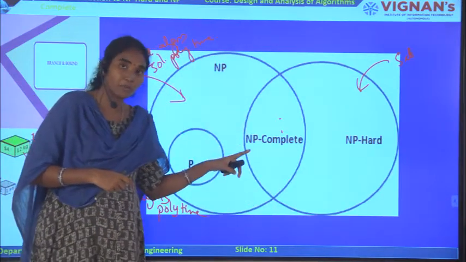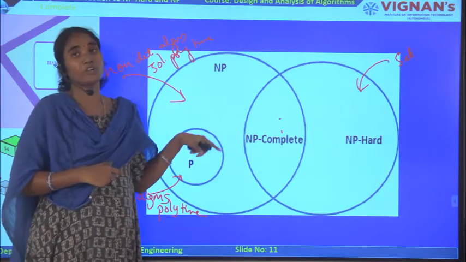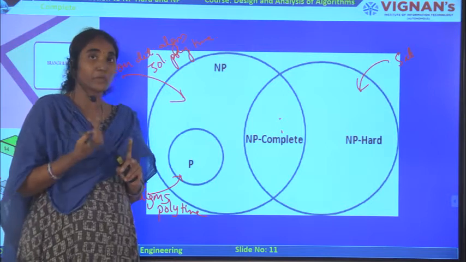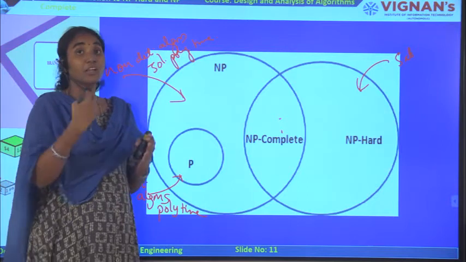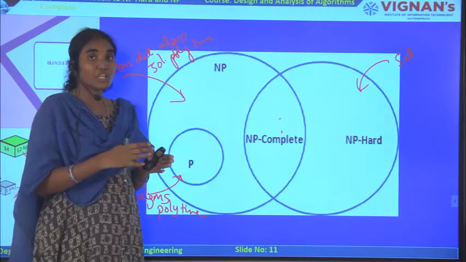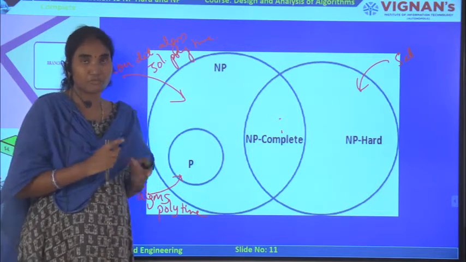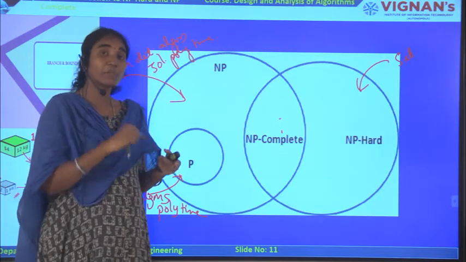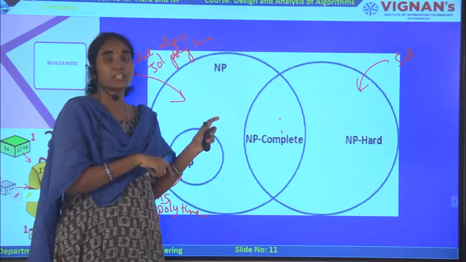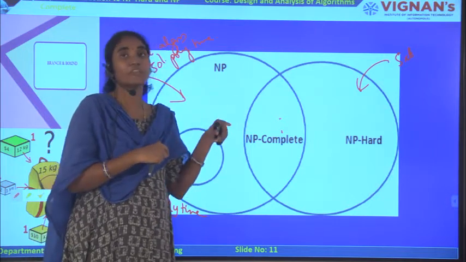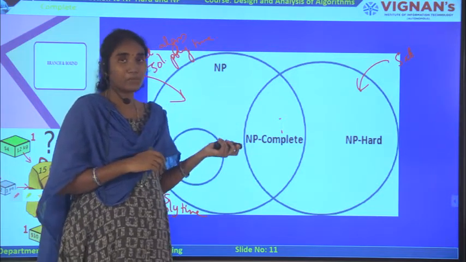Here NP hard problems can come under NP complete when they are solved within polynomial time, although they belong to exponential time. Although these algorithms can be solved within exponential time, now we are reducing them by changing the deterministic algorithm to a non-deterministic algorithm by using the 3 functions that we have learned today. By using that we change our exponential time algorithms to non-deterministic algorithms, and those can be solved within polynomial time. Then we can say that those particular algorithms come under your NP complete.